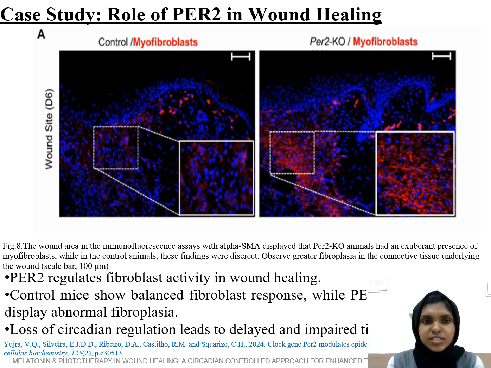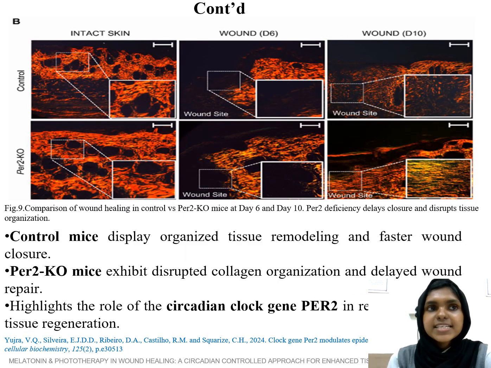As we can see in the figure, the first shows a control myofibroblast, then the PER2 KO myofibroblast. That means one mouse is treated with a normal treatment, and the other is PER2 KO. As we can see, the red substance in the figure is the myofibroblast. In the control picture, the myofibroblast is arranged in a structured way and it helps to treat the wound efficiently. In this figure, we can see in day 6, in control, collagen fibers are starting to